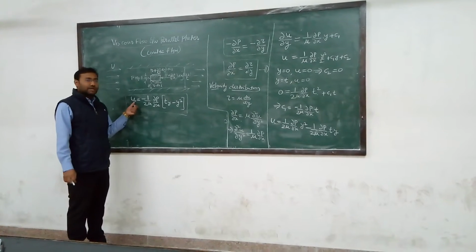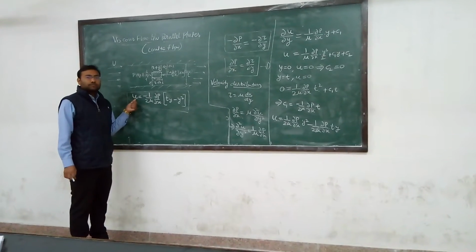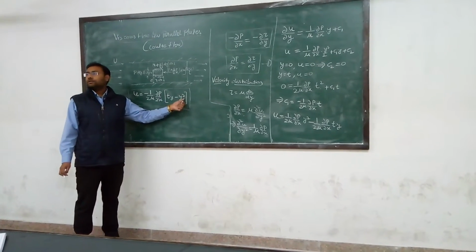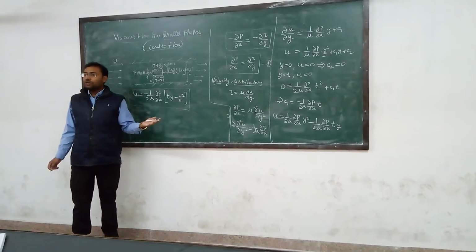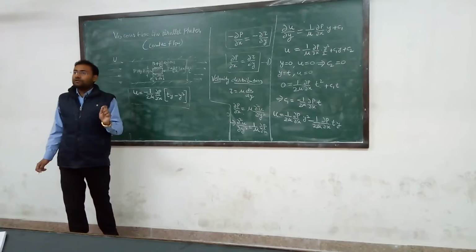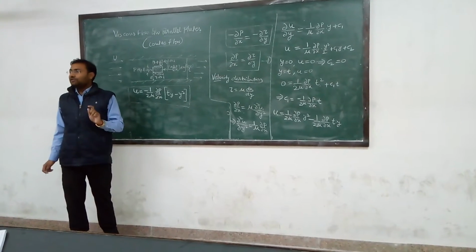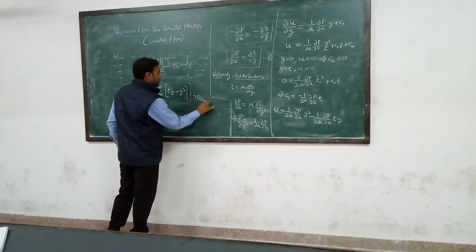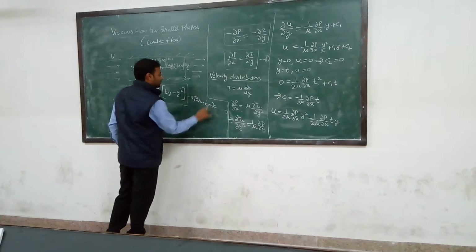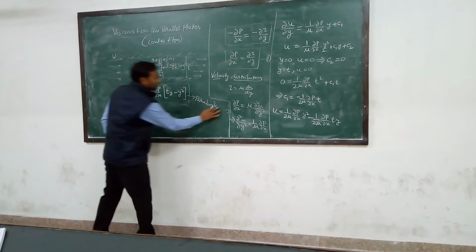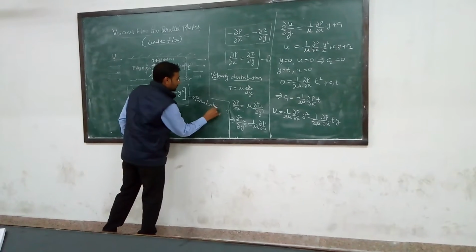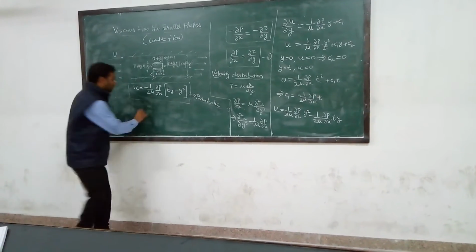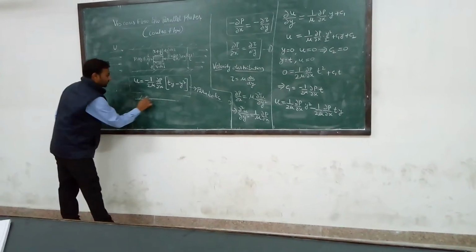As you can see, u depends upon the square of y. It is again an equation of a parabola. So the distribution of velocity will be parabolic in nature. So, parabolic distribution. So if you draw the velocity distribution,